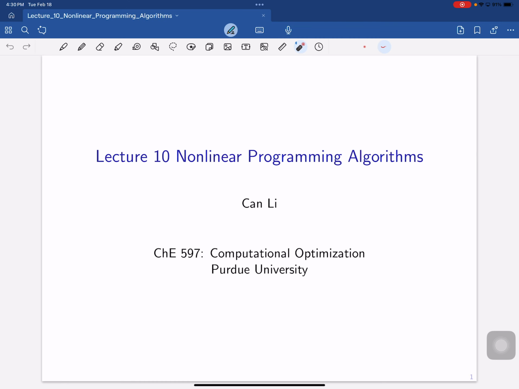Okay, so this is the last lecture on nonlinear programming. We will talk about nonlinear programming algorithms, and then after this lecture, we will start talking about integer programming and mixed integer programming. As you recall, when we talked about linear programming, we first talked about geometric properties,